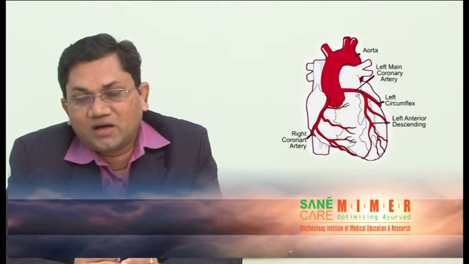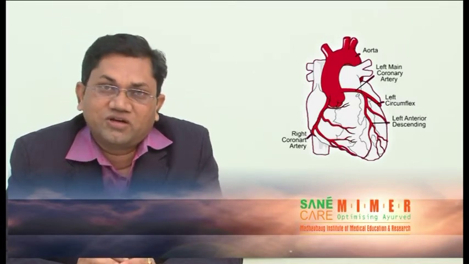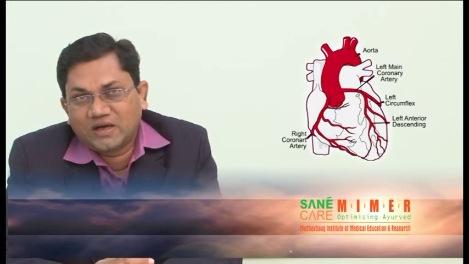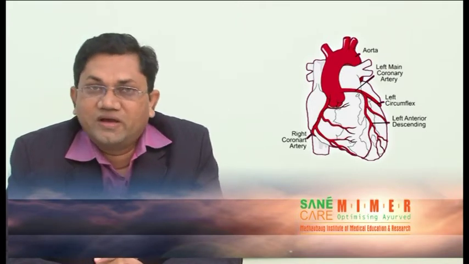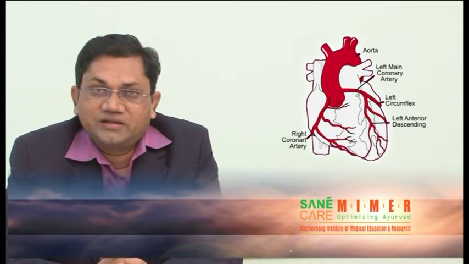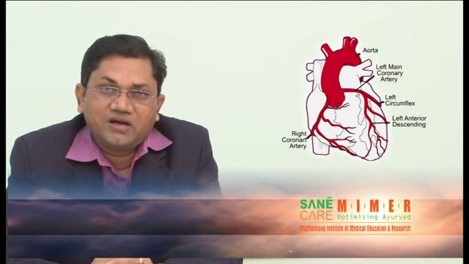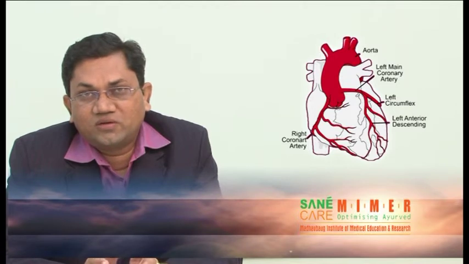Again, this left coronary artery gives the blood supply to the anterior part of the heart with the help of the anterior interventricular branch, and the circumflex artery which goes posteriorly and supplies the posterior part of the heart. And again there are some diagonal branches which arise from this left coronary artery, whereas the right coronary artery gets divided into the posterior interventricular branch and the marginal branch. So this is in short about the blood supply to the heart.